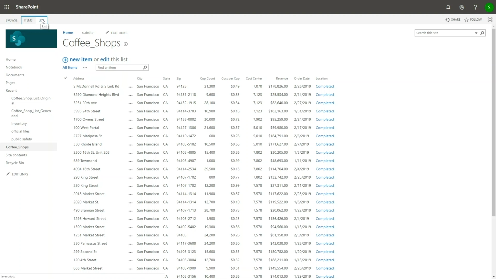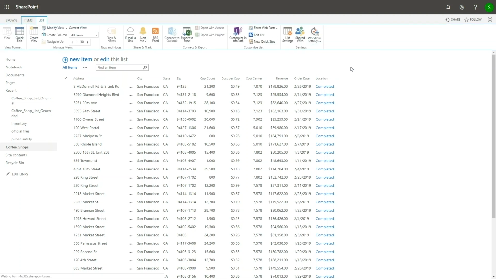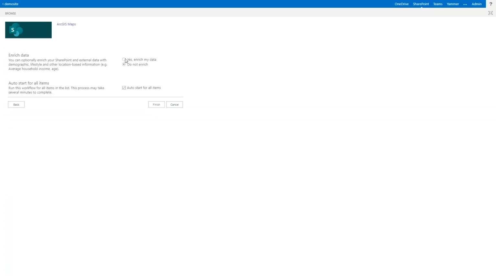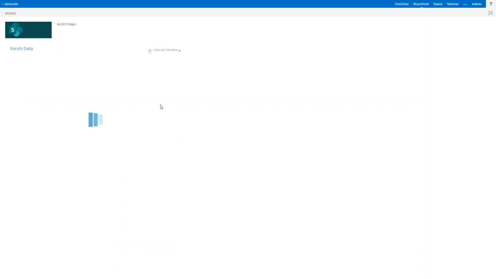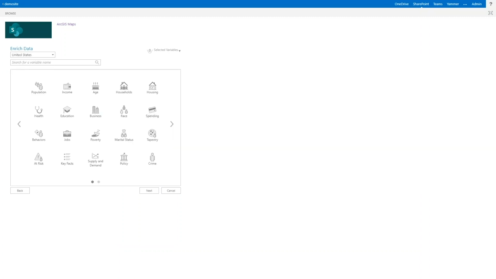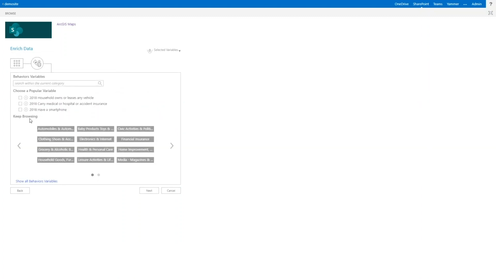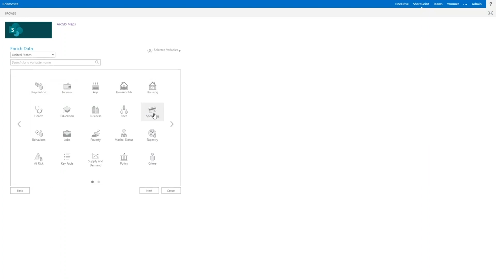So let's modify the workflow that we added to the list. Again, I'm going to fast forward past most of this, but after we're done moving through the locate workflow, we will opt to enrich the data, and that is right here. So when you enrich your data, you're going to be presented with a wide variety of demographic options that we'll show here, and those are things like consumer behaviors, consumer spending patterns. There's all kinds of stuff, and we'll drill through that a little bit here just to demonstrate all the different